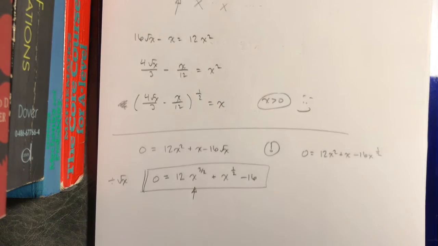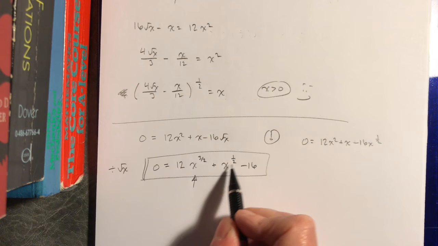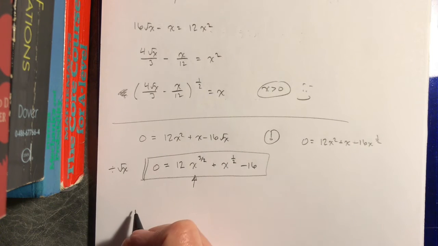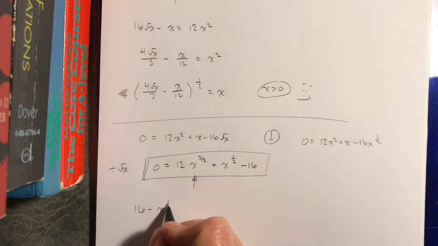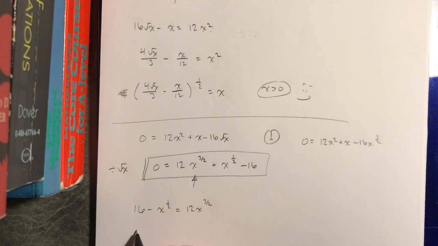So from here, if we're isolating this x, I'll add 16 to both sides. I'll subtract x to the 1/2 from both sides. So 16 minus x to the 1/2 equals 12x to the 3/2. I'll divide by 12. 16 over 12, there's my 4/3, minus x to the 1/2 over 12 equals x to the 3/2. Again, I'm trying to isolate that x on the right,